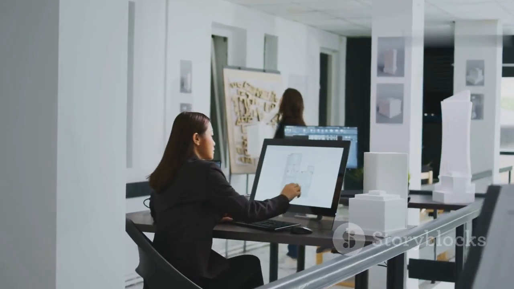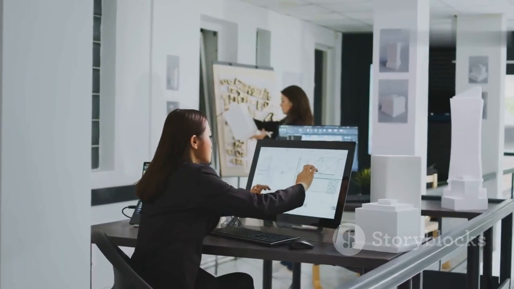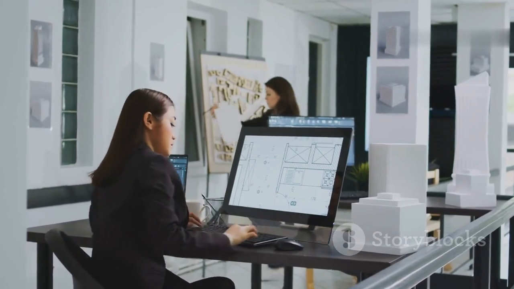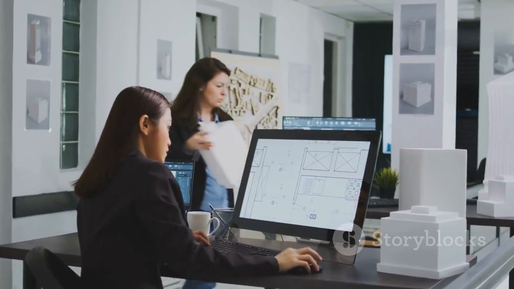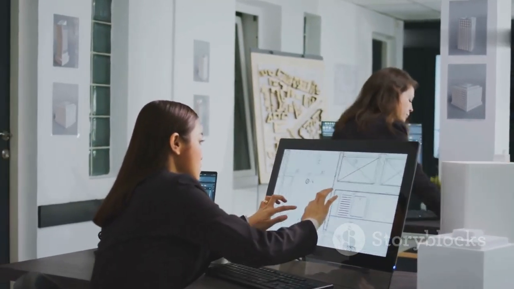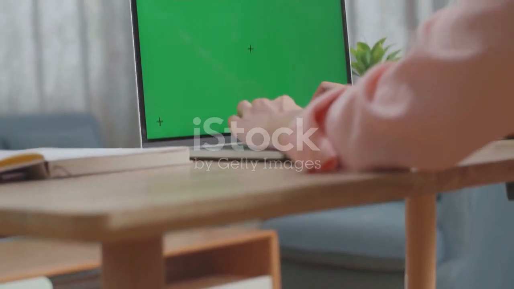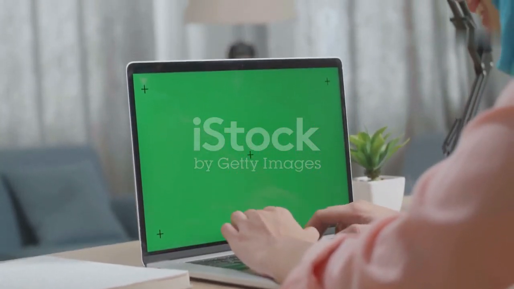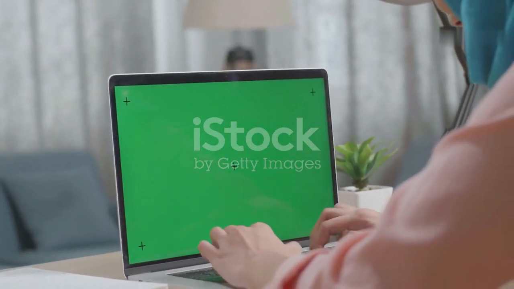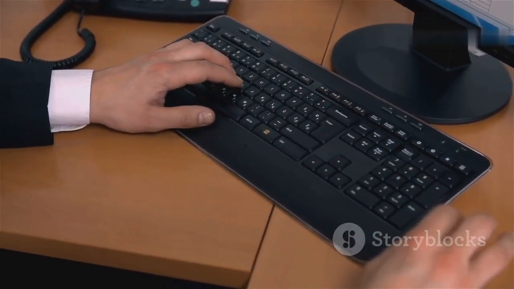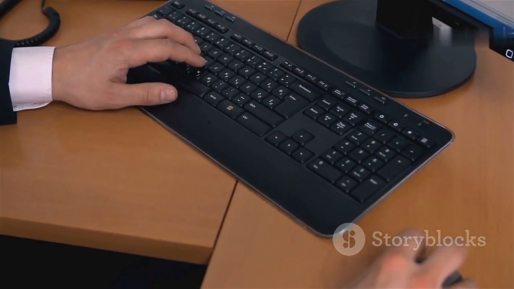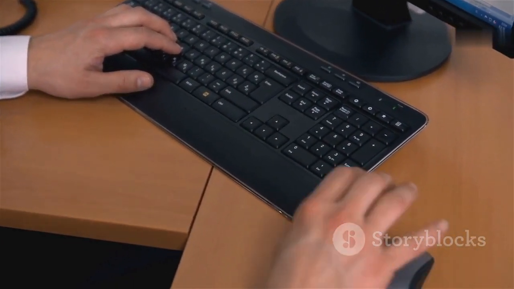With your script finalized and ready to go, it's time to bring your characters and scenes to life through visualization. This is where you'll start to see your story truly take shape. Leverage the power of Leonardo AI to transform your written scene descriptions into compelling visual representations. It's incredibly simple. Just copy and paste your script's descriptive passages directly as prompts into the AI.